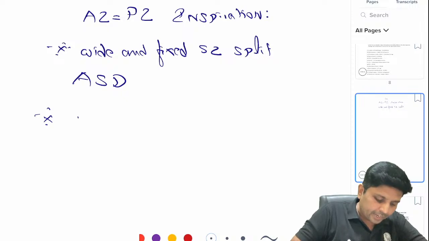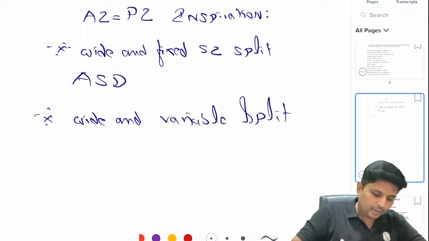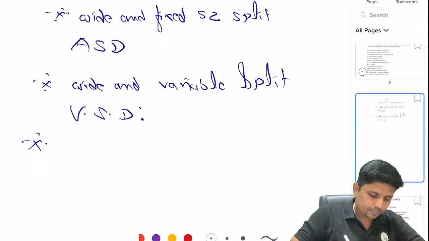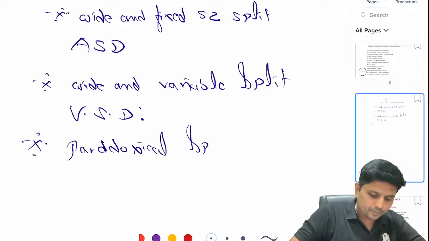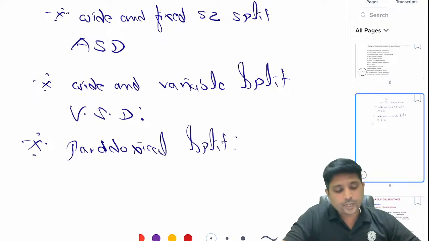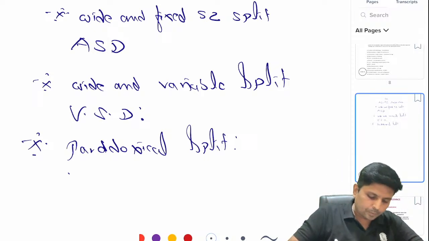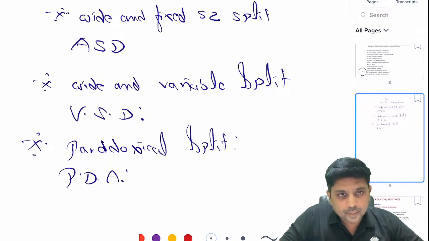whereas wide and variable split occurs in VSD. Paradoxical split, that means you can hear during expiration but not in inspiration. Paradoxical split occurs in patent ductus,